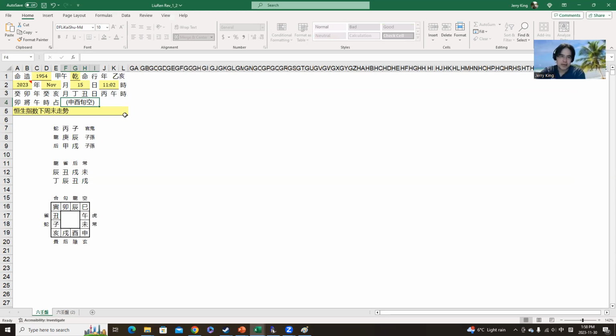Anyways, let's not worry about that. Let's worry about this. So the monkey and the rooster. Monkey and rooster palace. We got to identify where is that in Daliu Ren. It's right here where the snake and the horse are located, right? So that's void and that's void. So the question is,